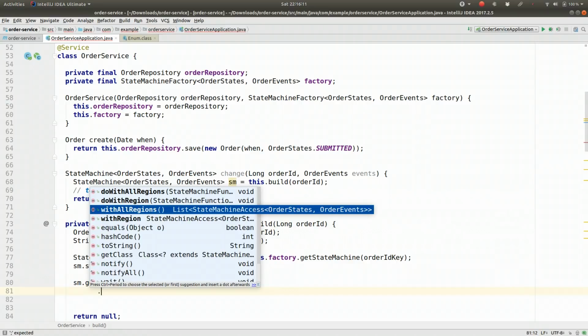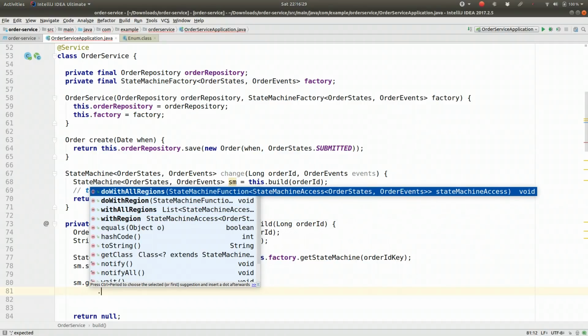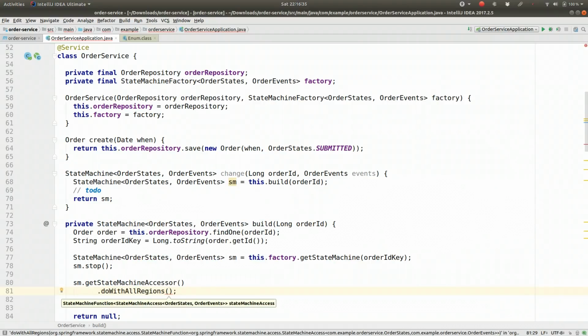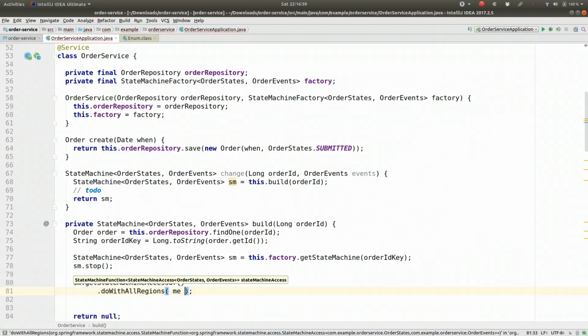So again, when you think about a state machine, you need to understand that state machines can themselves recurse on other state machines. You can have nodes that then lead to other state machines, in a hierarchical sort of fashion, and these are called regions. Each one of these state machines, nested or not, is called a region. And I want to visit each region. So I'm going to say doWithAllRegions, and I'm going to provide a StateMachineFunction. So new StateMachineFunction,